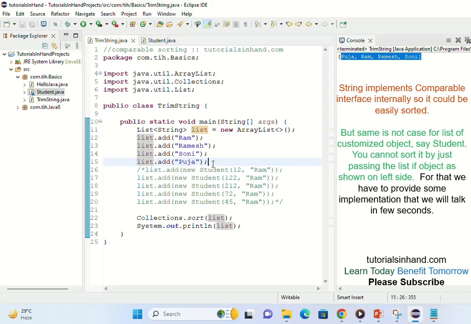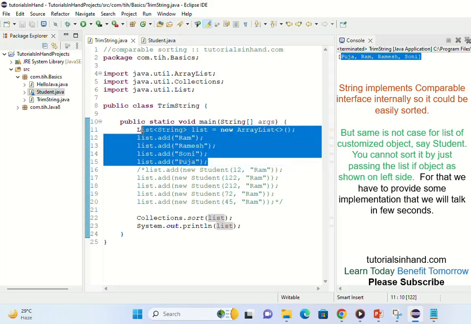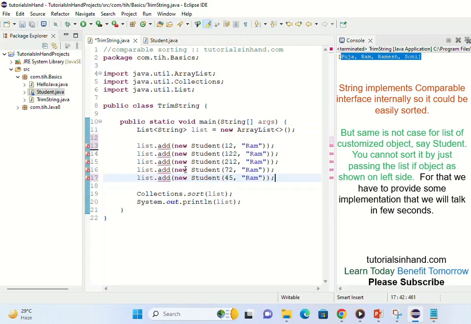And the interviewer will generally ask you this question first so that you are comfortable, and then he will come up with the second follow-up question, that is, what if we have a list of objects something like this and the names go ahead like this. What if we have to sort this list of student objects, then how will this sorting be done? Now this list is of type Student, right? So instead of String, just change it to Student.